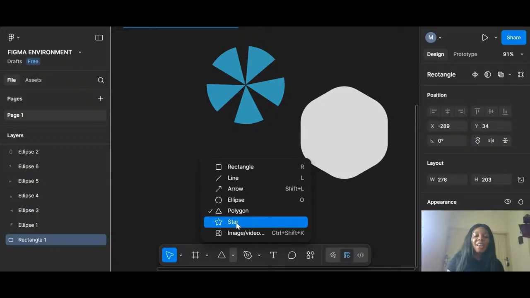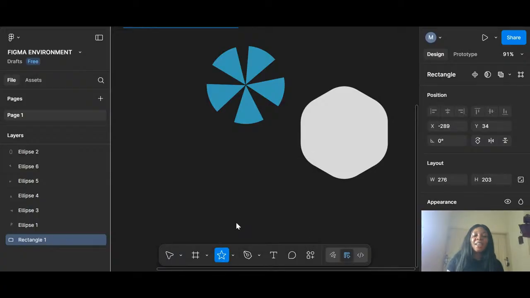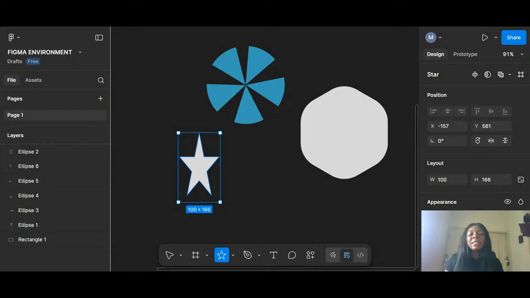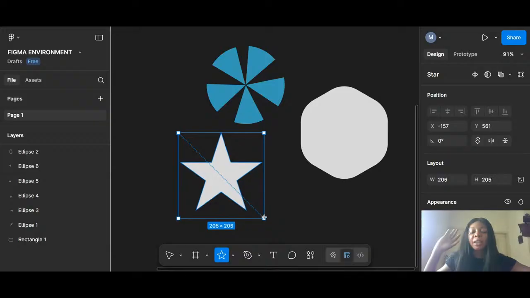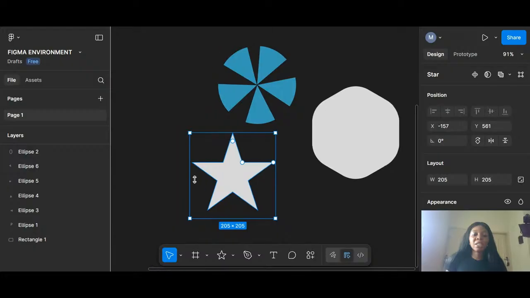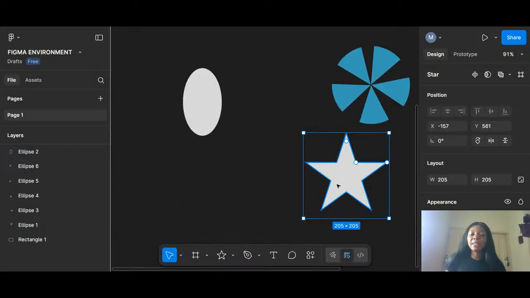So for star, I'll click on star and drag. But my star is not giving me a perfect star. I'm having 100 by 166. I'll hold down my shift key. Just like I draw a perfect circle, you hold down the shift key to draw a perfect shape. Then I'll remove my hand, and remove from the shift key last. Please always remember to remove from the shift key last so that it doesn't take the thing back to being a